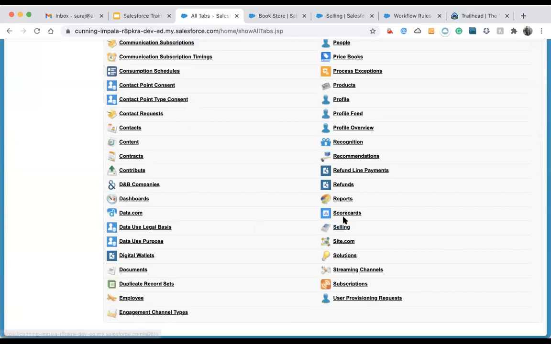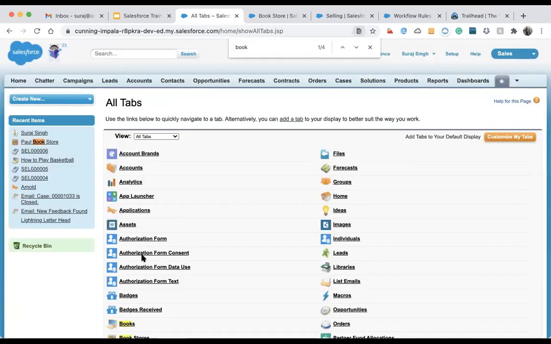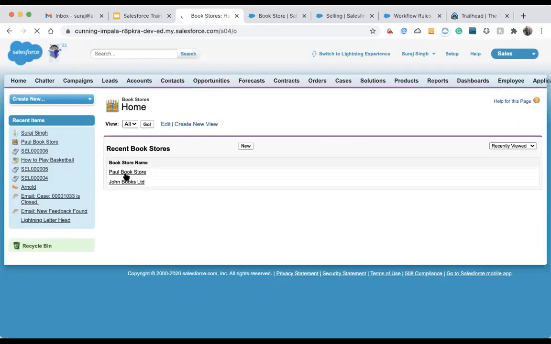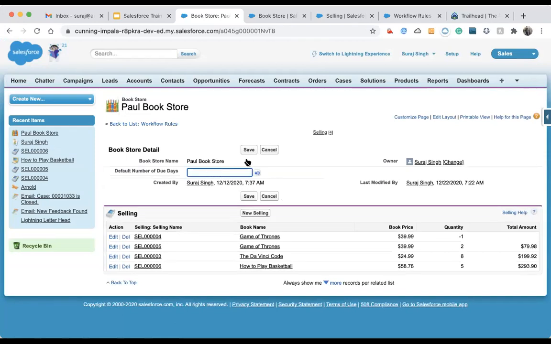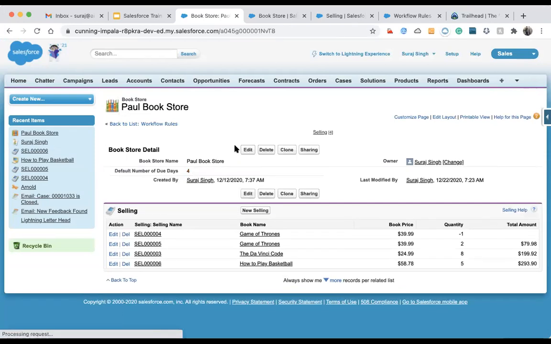Suppose we have a requirement that every bookstore has a default number of due days. If it is 4, then whenever the selling records are created, the due date will automatically be 4 days from the creation date.